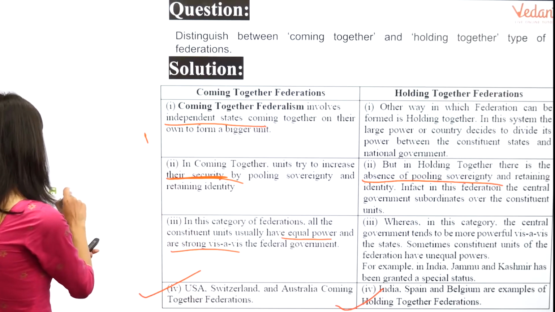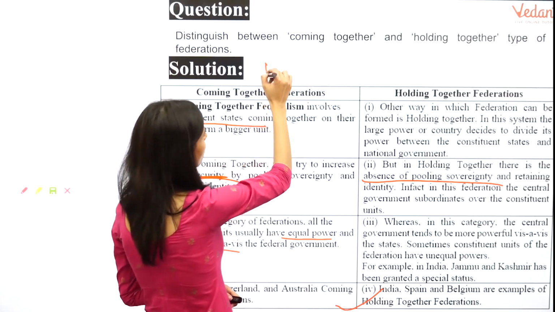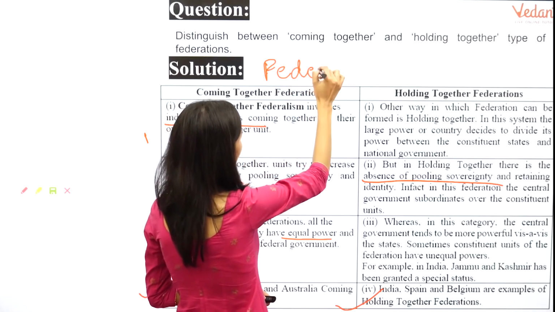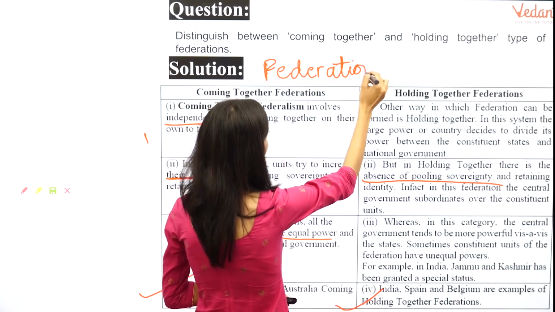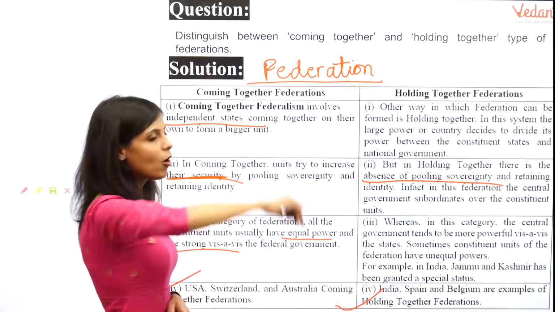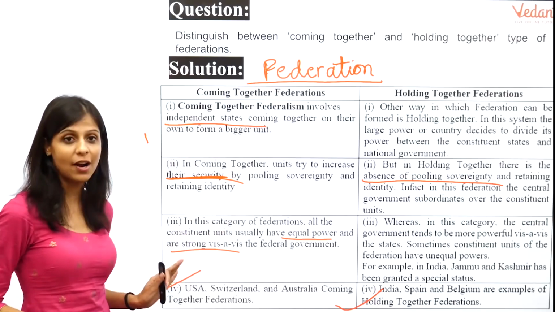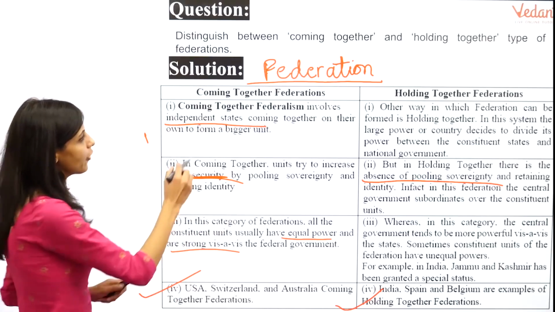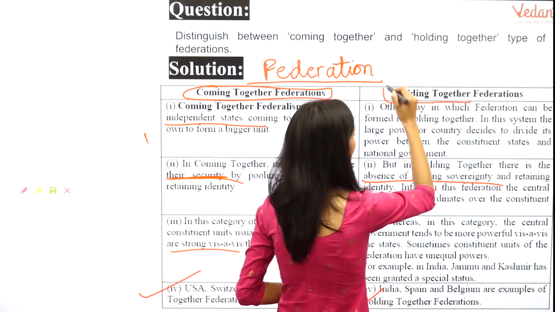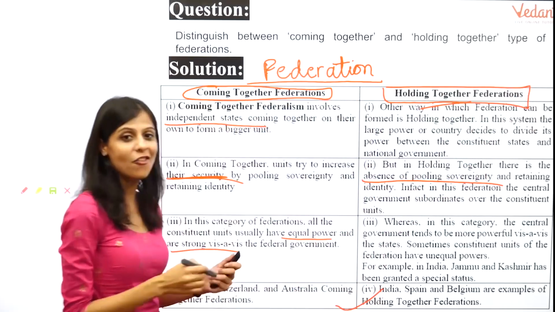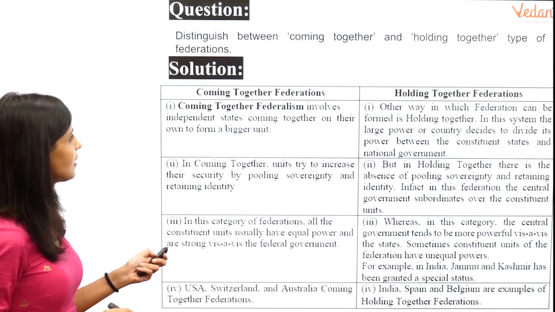Before you jump on to answer like that, please ensure that you give a good introduction that's going to fetch you more marks by giving the definition of federation, or what you understand by the federal form of government. So give an introduction to it and then kickstart with a difference chart. Put the headings across, and don't forget to mention that here you're going to talk about coming together and here you're going to talk about holding together of federation. Okay, so let's jump on to the next question in this case.